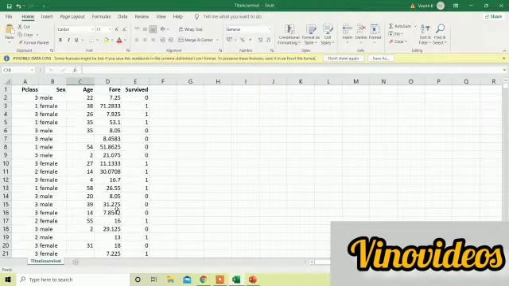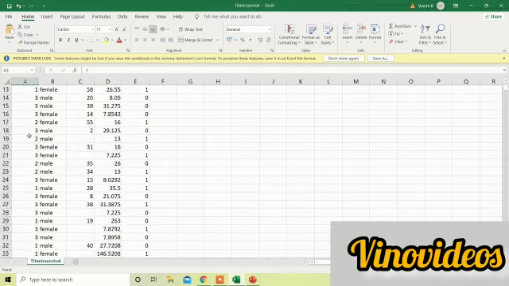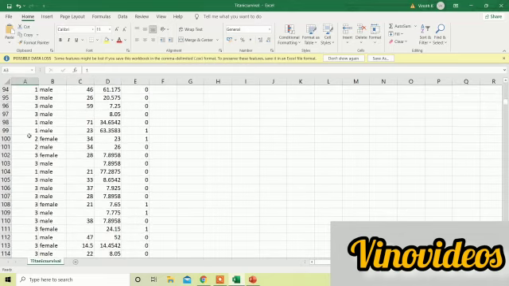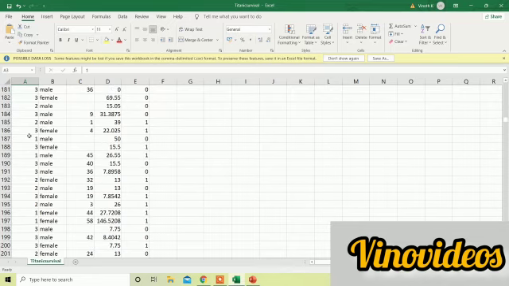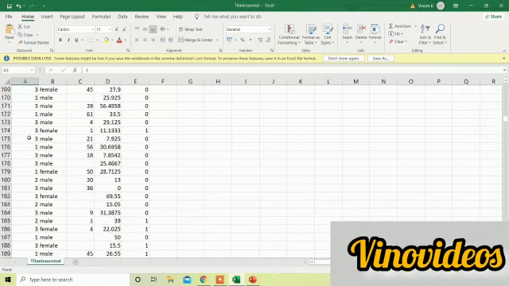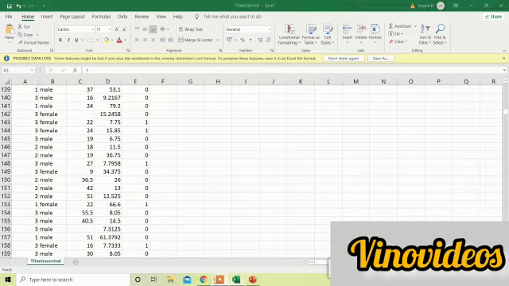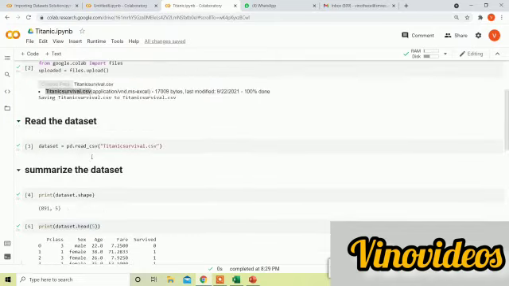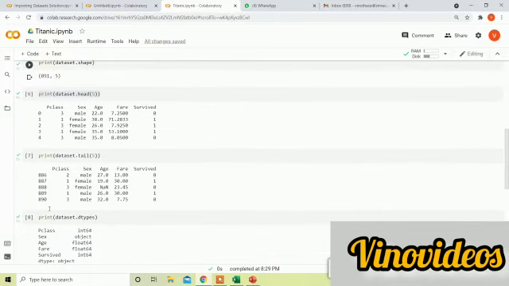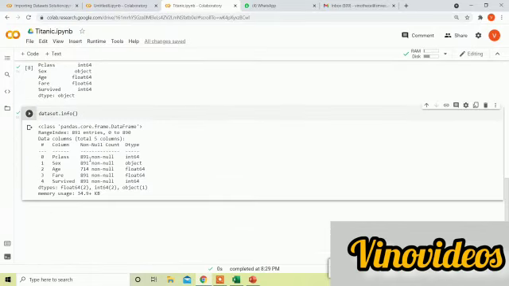Non-null values in the sense there are no empty spaces in this passenger class. All the data are filled. There are no empty values, because totally there are 891 rows.